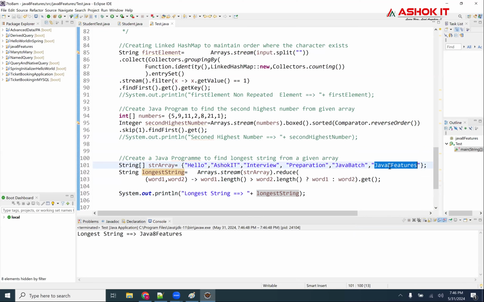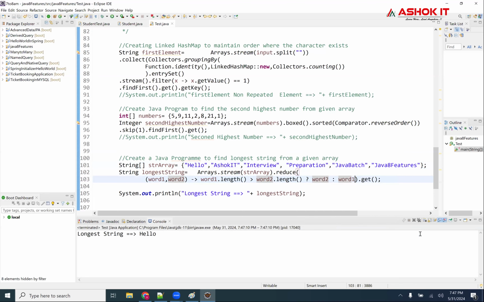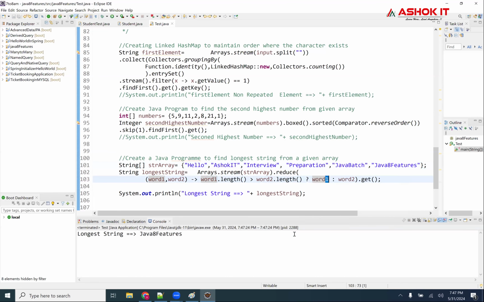If it is the reverse way, it is only simple logic, word to word. Reverse logic gives the minimum, the smallest length. So the reduce function is going to apply here, which is going to reduce the things here. That is the reduce function.